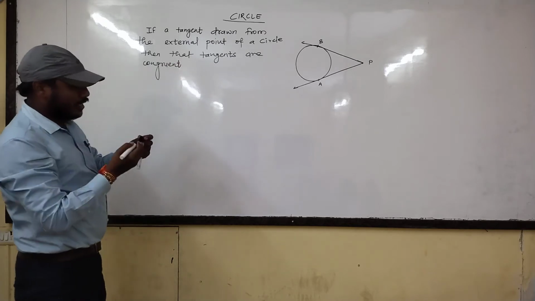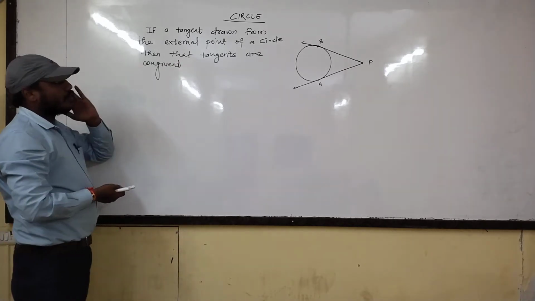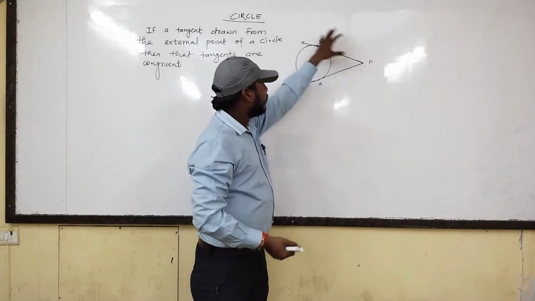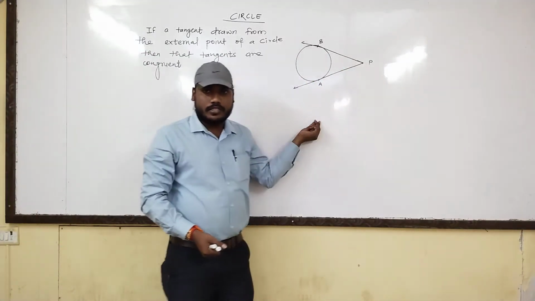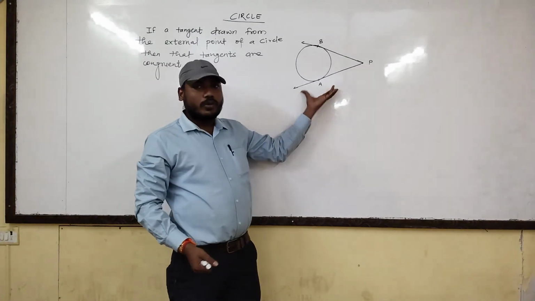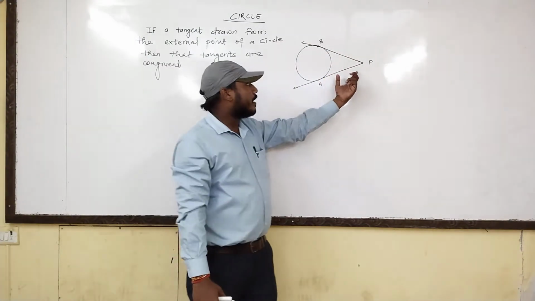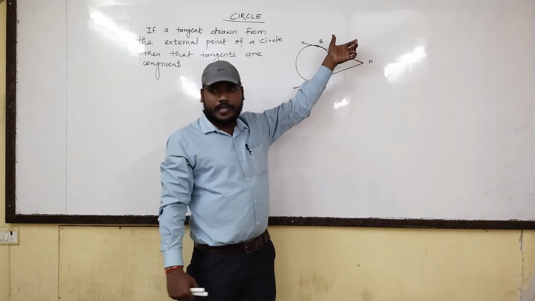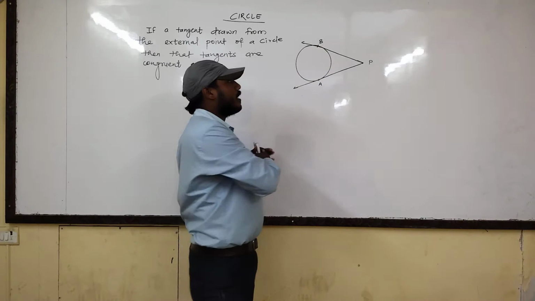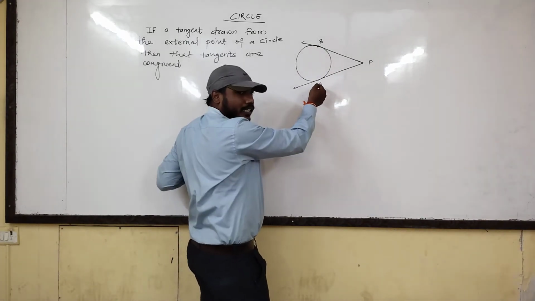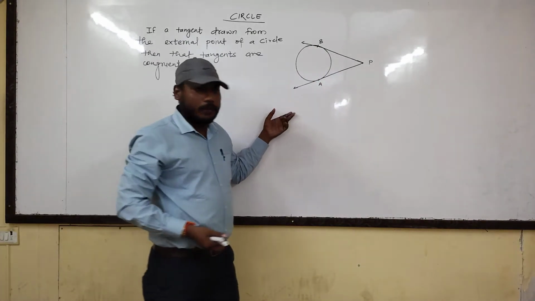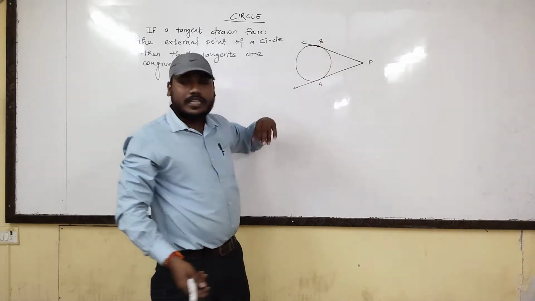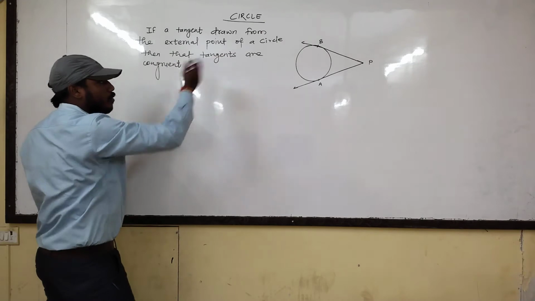I have not written the exact same words as in the textbook, but I am going to explain it to you all. From the outside of the circle, if we get any point outside the circle, and from that point we join tangents to the circle, as we have done here from the point P, we have constructed tangents PA and PB. What is the meaning of a tangent? Any line touching the circle at one point, intersecting the circle at one point. That is nothing but the word tangent. So these are the two tangents.